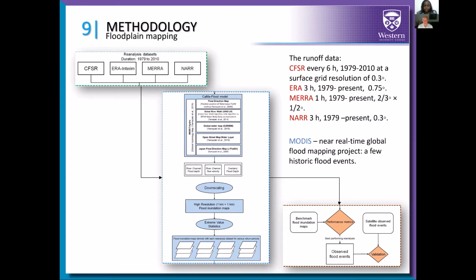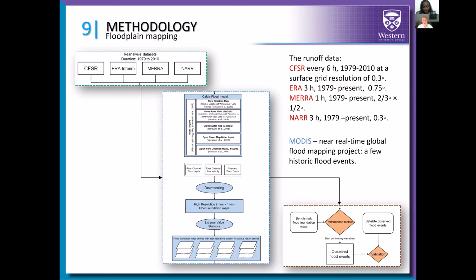This information is then downscaled to 1 by 1 kilometer resolution inundation maps, and after the statistical analysis for the particular return period, floodplain maps can be developed that correspond to these different inputs. Since we were developing this methodology, we also performed some validations of the model, and in the process of validating the model, we used the observations and we used the existing floodplain maps, which are obtained through a much more detailed